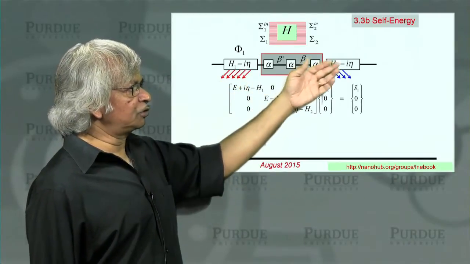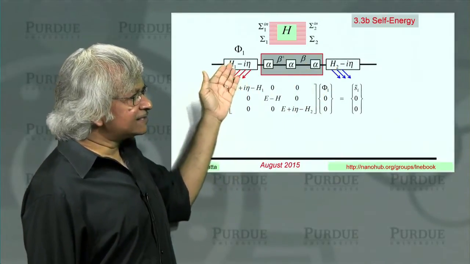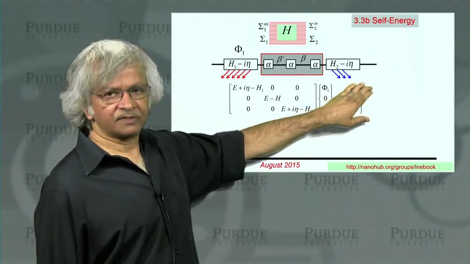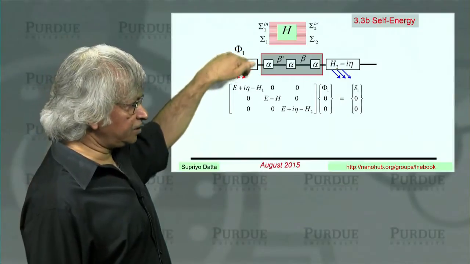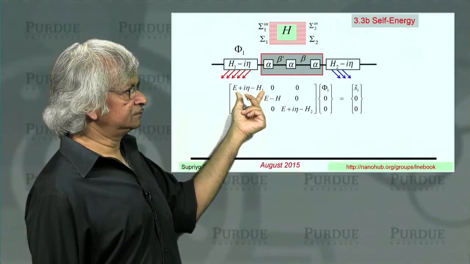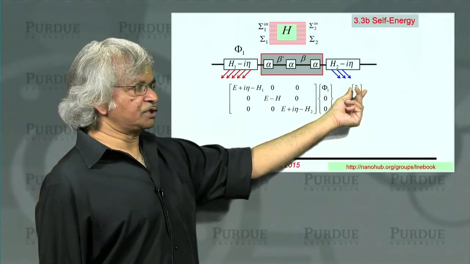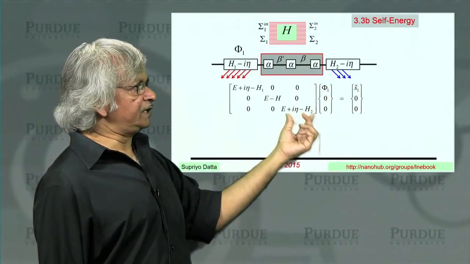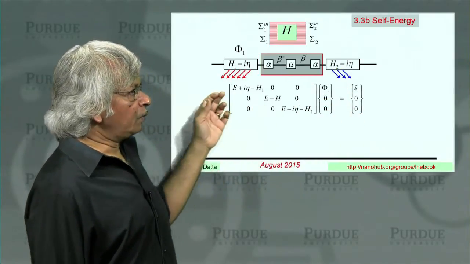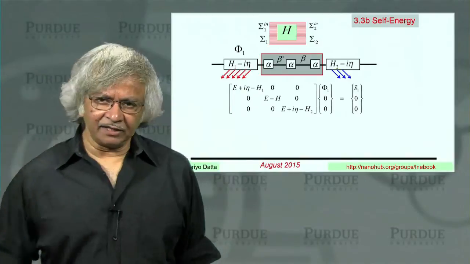And then we have the two contacts, described by H1 and H2. And we are assuming that this contact is kept filled by a source term from somewhere, so that electrons here continually go out, but then new ones come in. And so E minus H1 times phi, where phi is the wave function in this contact, is equal to the source term in this contact. And E minus H2 times the wave function is 0, because this contact is empty. Now, what about this minus i eta? Well, eta is assumed to be a small number.